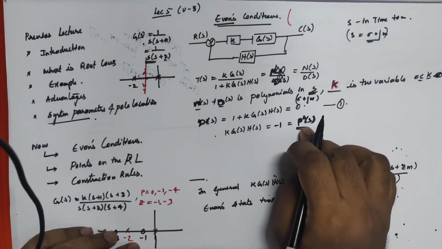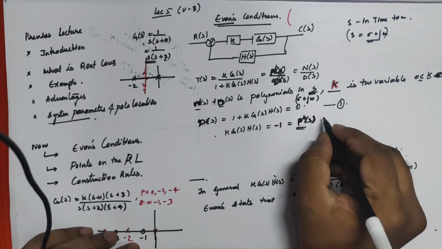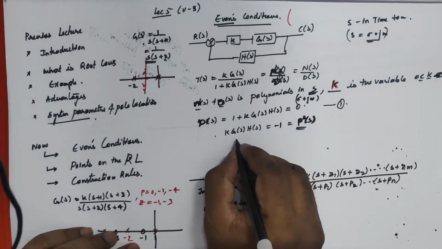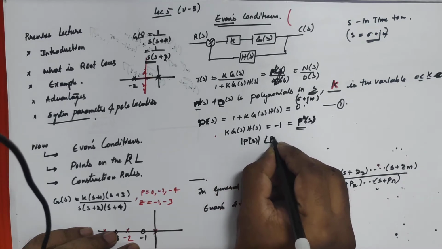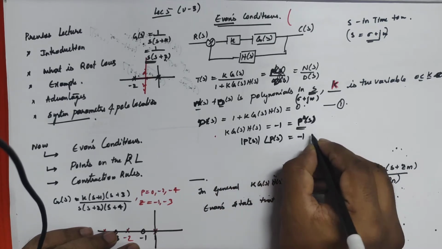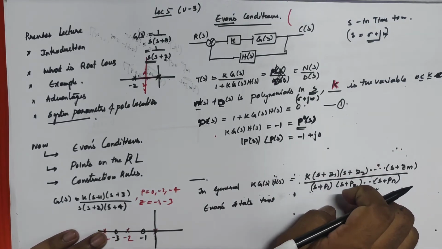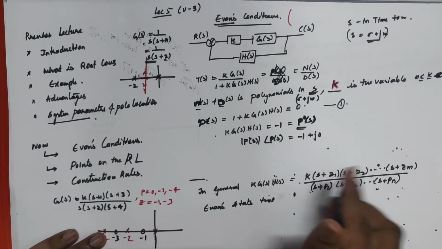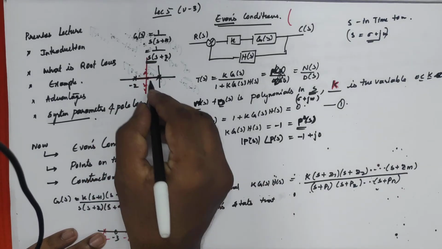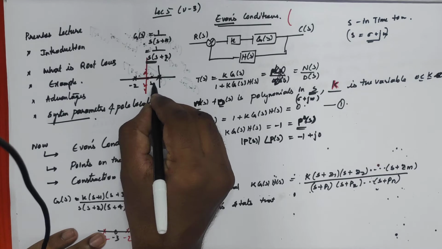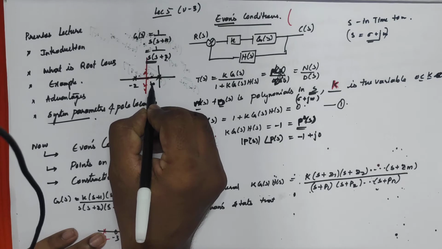So if s equals some minus a plus j0, we'll have some complex value. The complex value can be written as some p of s, and the angle of p of s can be given as minus 1 plus j0. What this is telling us is, in the root locus, if my point some s naught is to be on one of the root locus branches, s0 is one complex number.